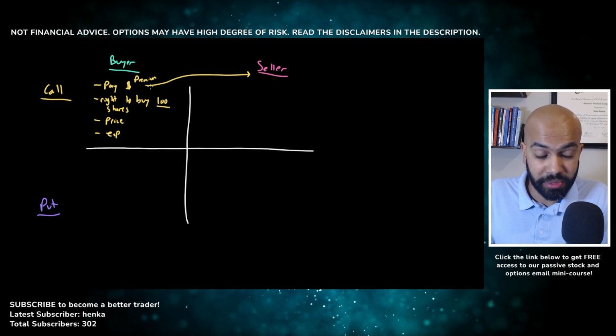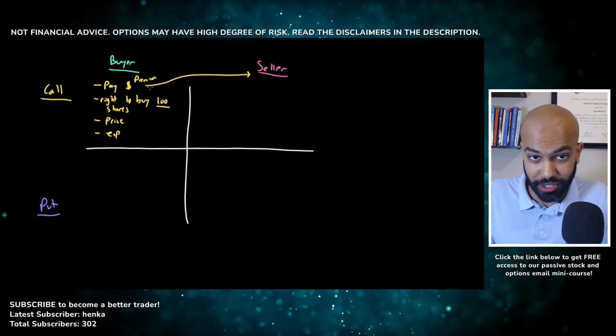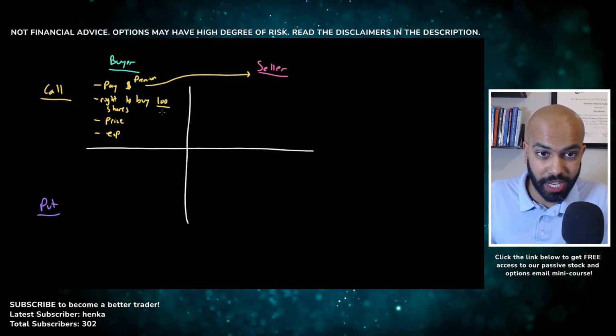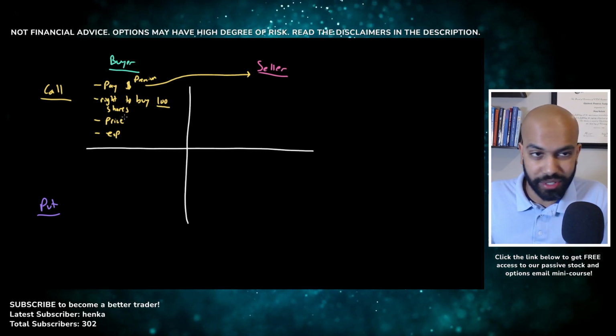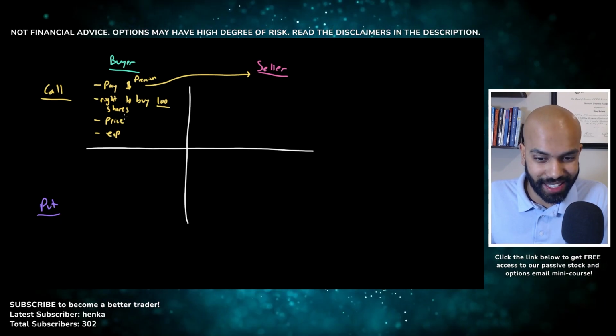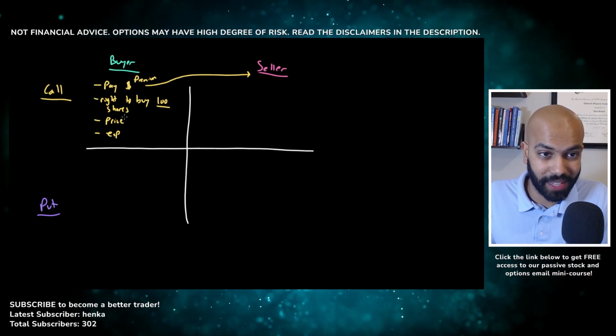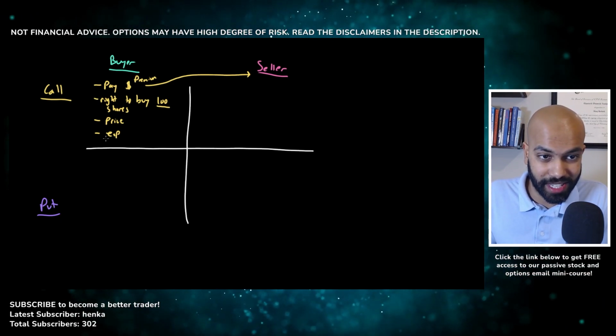And with this premium, you have the right to buy the house at a certain price. And that's what this is. You have the right to buy 100 shares of the stock at a certain price. And the due diligence fee does have an expiration date, so you have to decide to buy it before then. And same thing with options here. There is an expiration date.